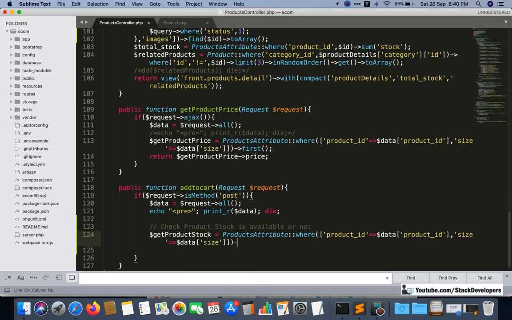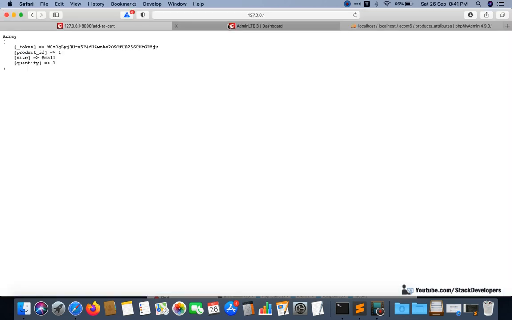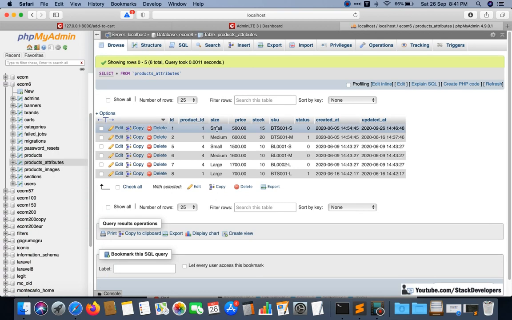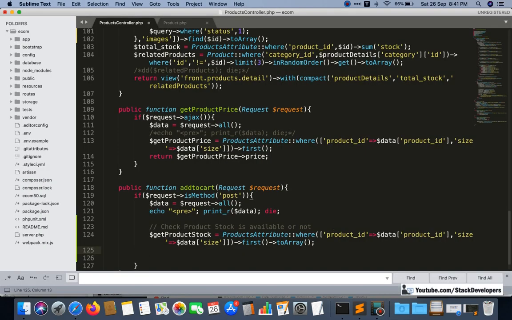Okay, so here we are going to use first, and you can use array also. It's your wish. We can use toArray. Okay, so now we will get the stock of this one, like small is the size and product ID is 1, so we will get 1 is the product ID, and small we will get 15 stock.